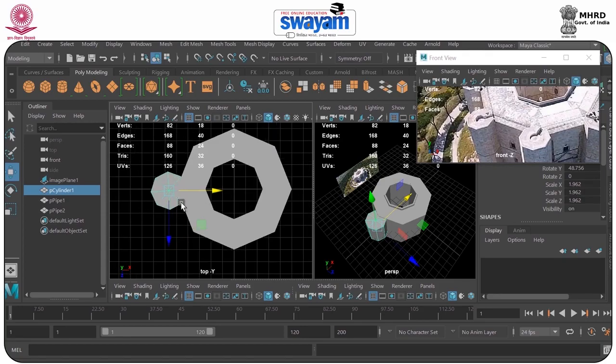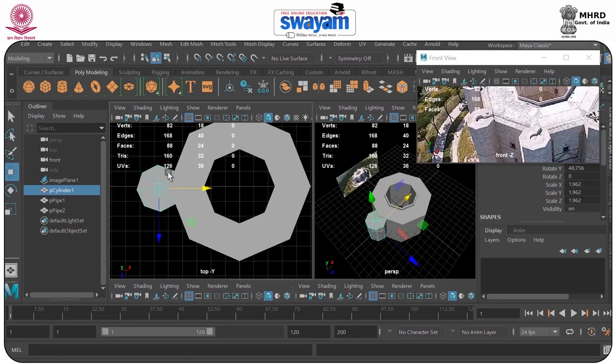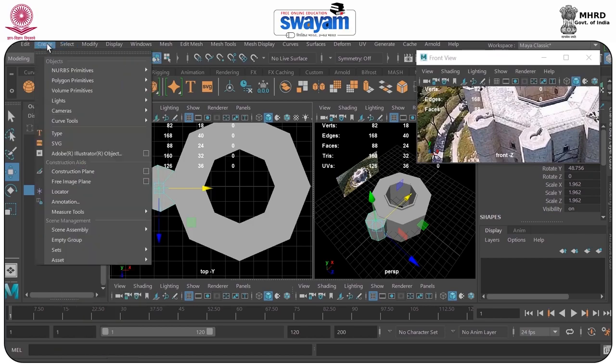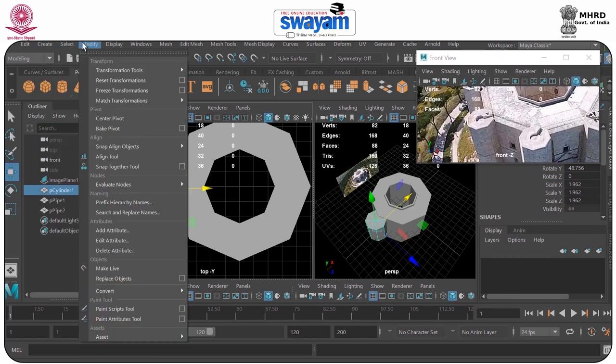Now what we require here, select the object and we want to modify the pivot of this object into the center of the object. So what you should do, you have to go to the select option and you can use the modify, and you can here use the center pivot. With the help of center pivot, as per your selected object, the pivot would be automatically set into the center of that object.